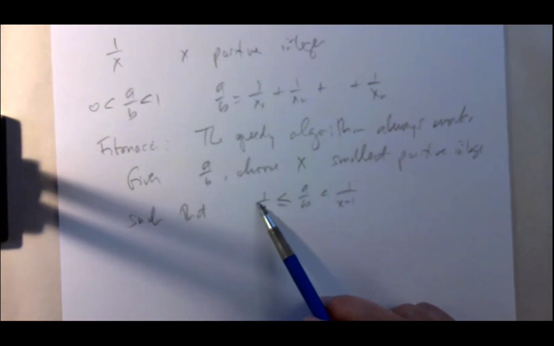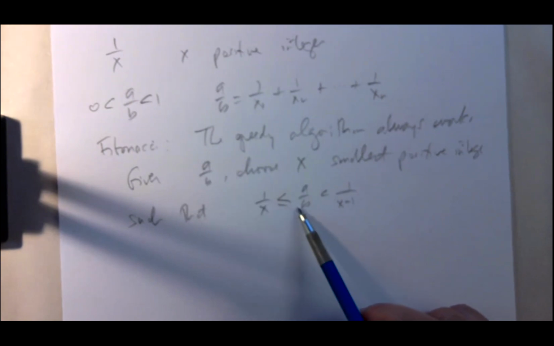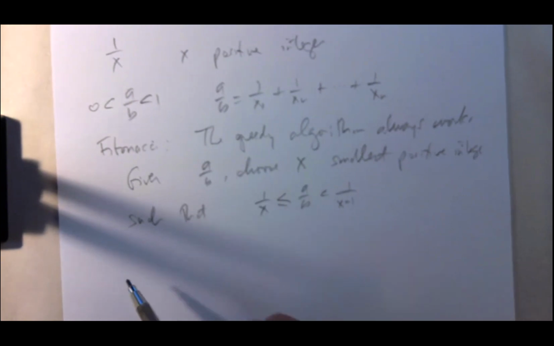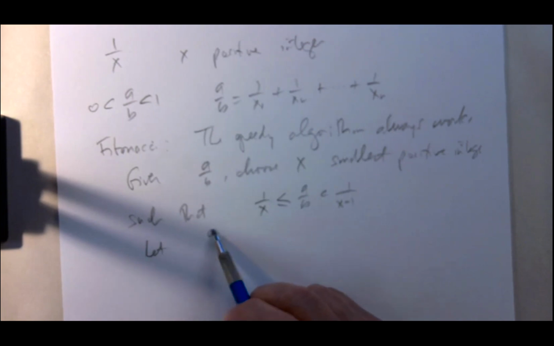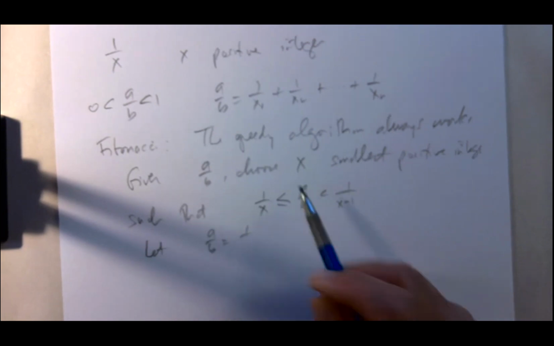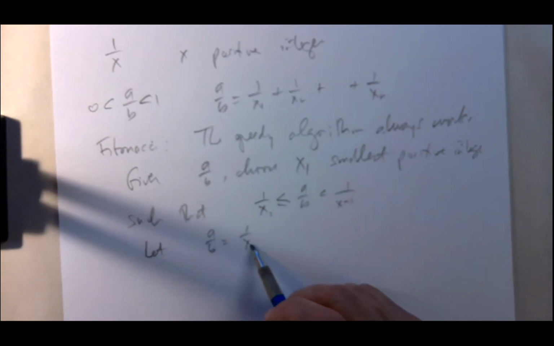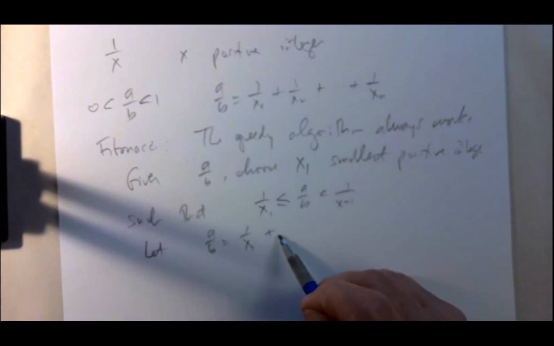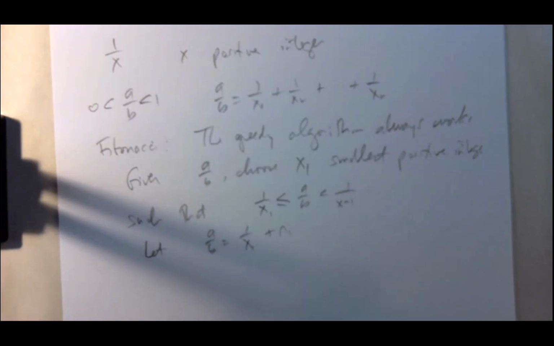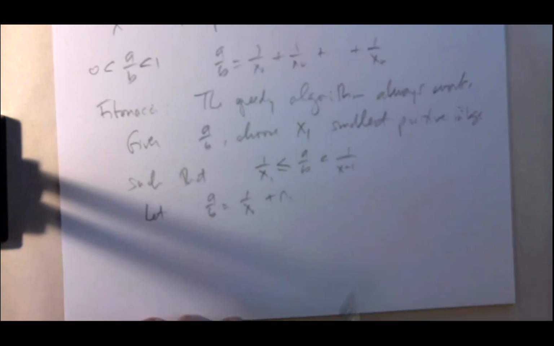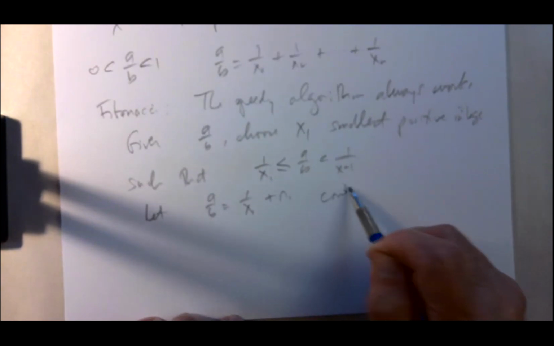So 1 over x is the largest Egyptian number you can pick, less than or equal to A over B. And you let A over B be equal to, let's call this x1, 1 over x1 plus whatever the remainder is. And then you continue this process